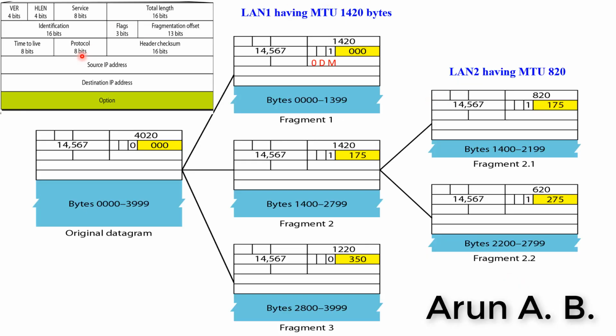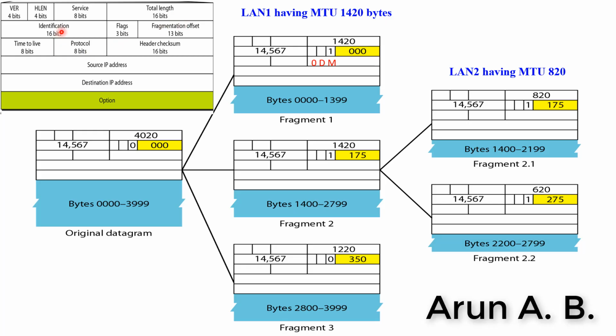Okay, so now you can see this diagram. For better understanding, I have taken back this IPv4 header datagram. Now we are concentrating on total length, identification, flags and fragmentation offset. The total length indicates the length of the total IPv4 packet, including both header and data, right? In this case the length of this packet is 4000 bytes of data, plus the 20 bytes header, so it becomes 4020. That will be there in this total length field.